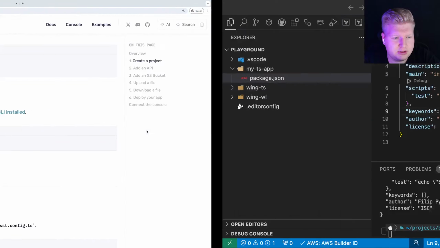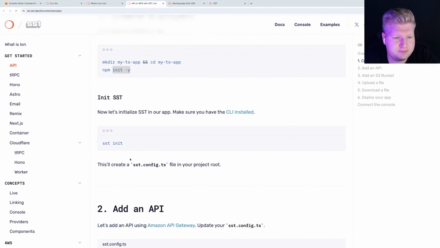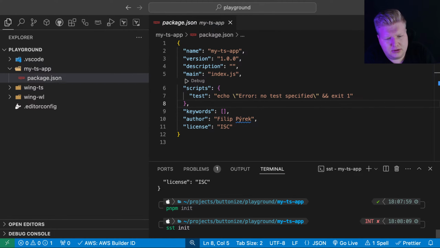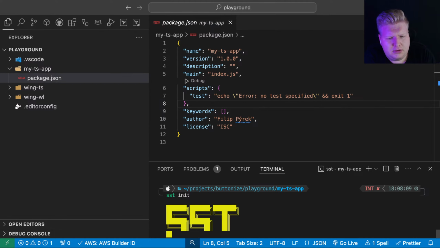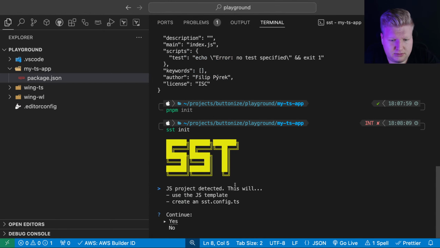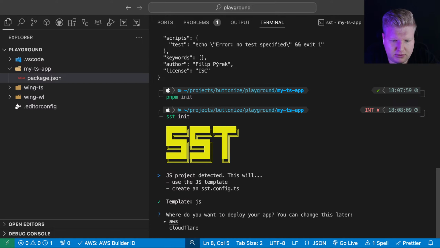Package JSON, and here we can run the edit. Let me check. So JS project detected. We'll use JS template. Well, okay, JS template. I mean, I want TypeScript, but whatever. Where do you want to deploy your app? You can change it later. AWS.